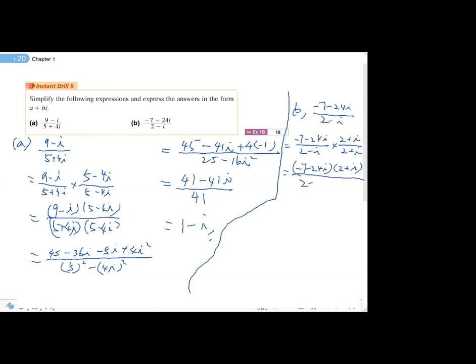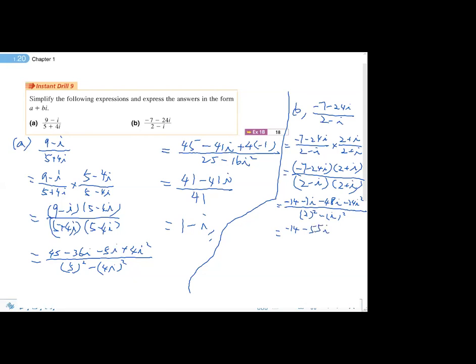Top times top, bottom times bottom. Okay, and you expand the bracket. 拆括號好小心啲啊，尤其是啲正負號啊。So negative 14 minus 7i minus 48i minus 24i squared. And then we have 2 square minus i squared. Okay, and then we have negative 14 minus